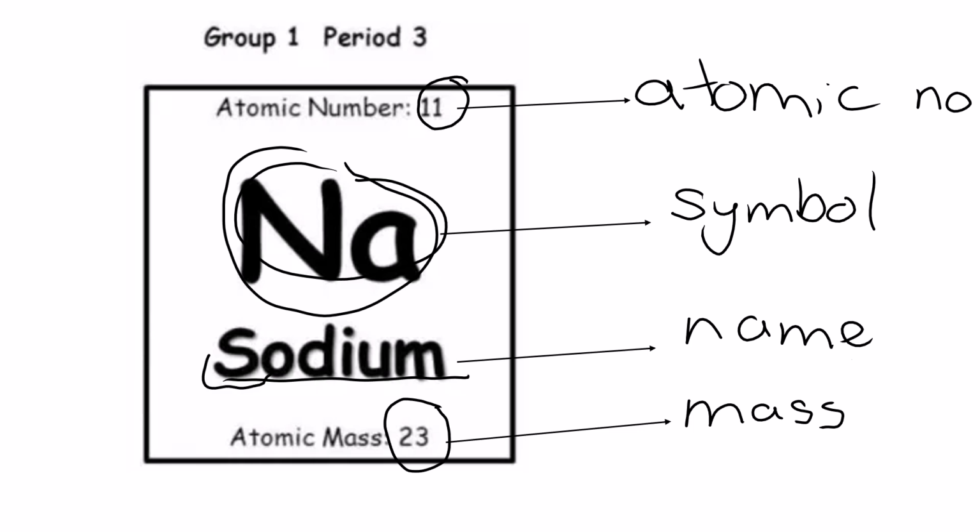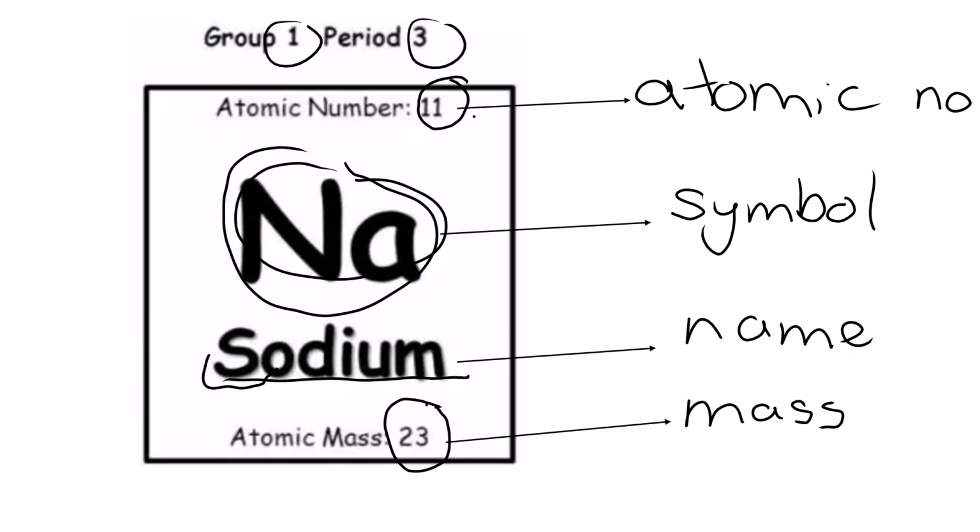It's not SO, that's not the symbol. Na is sodium. So please do make sure you make that connection. Sometimes obviously it does match, like for carbon with C, but sometimes it doesn't. Okay, so this is called a tag, and from the tag you can gather information like the atomic number, the atomic mass, and the symbol. Okay, it's just telling you that it's in group 1, it's in period 3. Again, things you should have learned already.